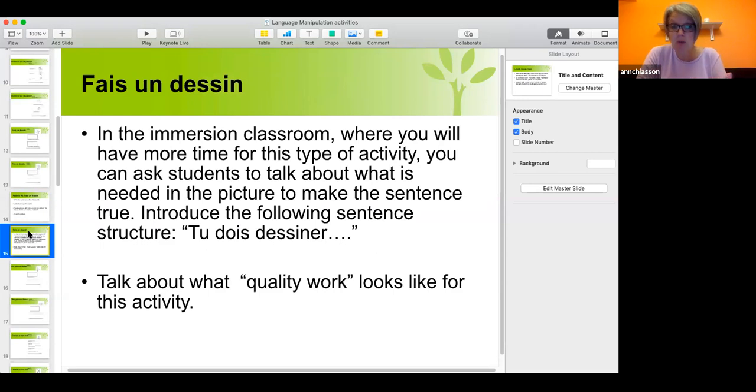So in the immersion classroom, where you have more time to invest in all these activities, you can ask the students to talk about what's needed in the picture to make the sentence true. Tu dois dessiner, and you can, with the sentence tu dois dessiner, but you should also maybe talk about le